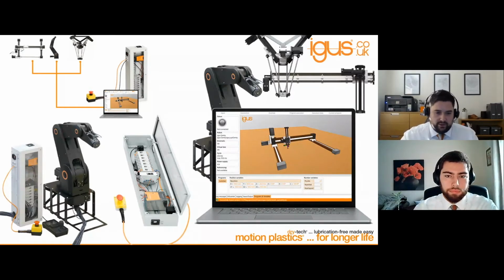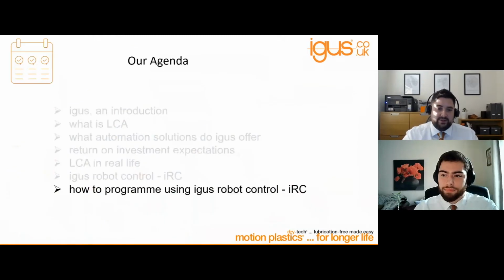With this software and this hardware, and with the help of myself or Angelos, we can say, yes, that is the robot for your application, and the Aegis Robot Control will do exactly what you need it to. So I'll shut up now. Sorry, I'll take a breath, and I'll hand over to Angelos, who is going to essentially show you the robot control in more detail and how to program using the Aegis Robot Control. Thank you.